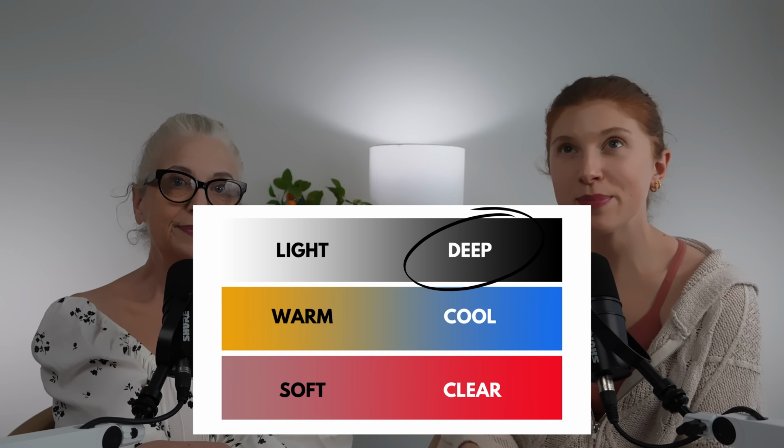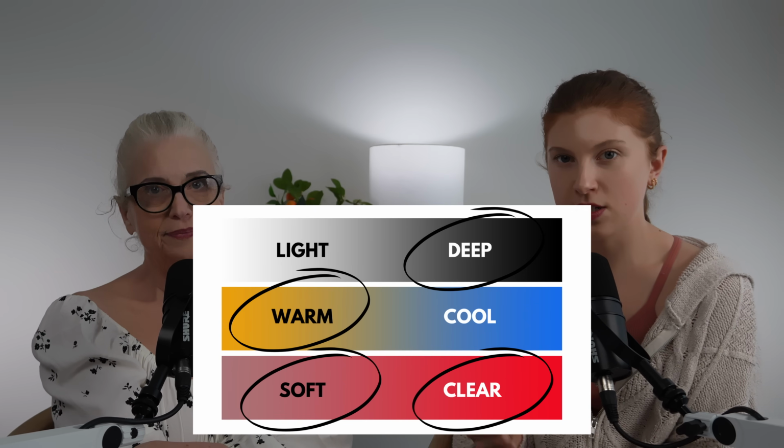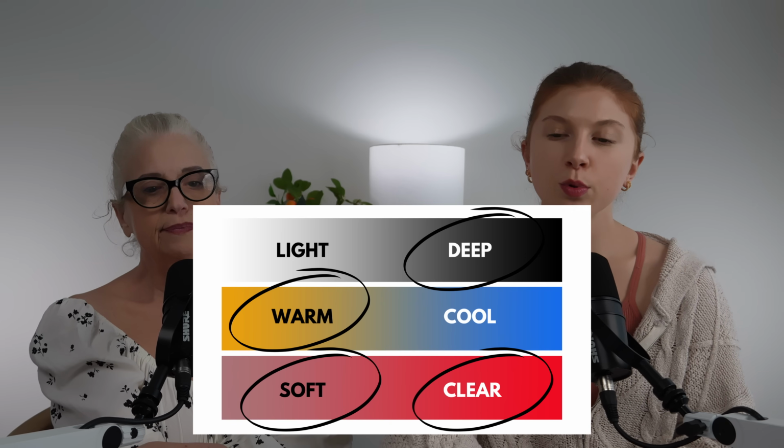And I'm thinking, all right, so lights got this easy. Good for you. Cools, you got this easy too. So deeps, warms, softs, and clears, we want to make some adjustments to this Oxford shirt that we're talking about. I pulled some ideas to showcase what we could do. Since we already know lights can wear this pretty easily,